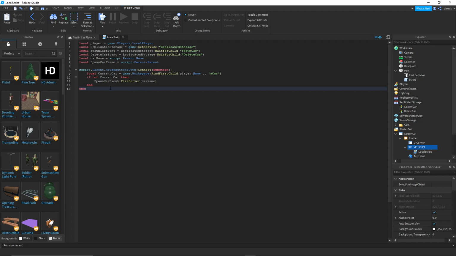So now let's do what would happen if it wasn't the car name. We're going to do else if player.Character.Humanoid.SeatPart does not equal nil, and player.Character.Humanoid.SeatPart is a VehicleSeat,